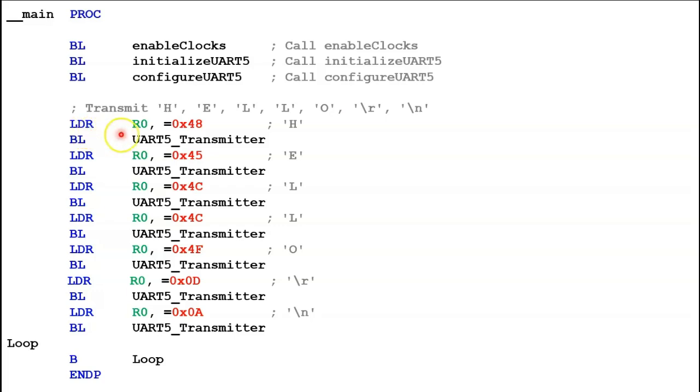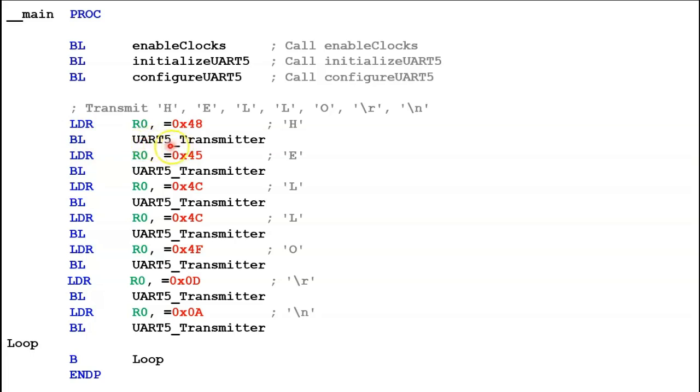LDR, a load instruction, will load this hex value 48. Why 48? Because 48 is the hexa representation of the ASCII value, uppercase H. So this gets loaded or copied into register R0, and then we branch to a subroutine